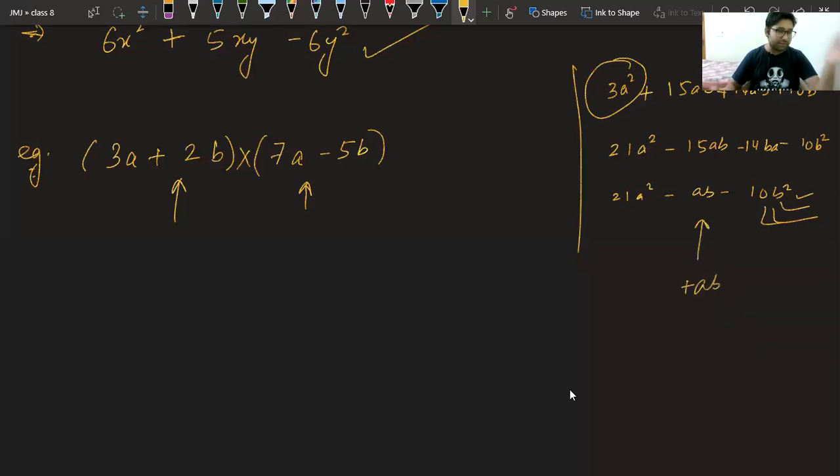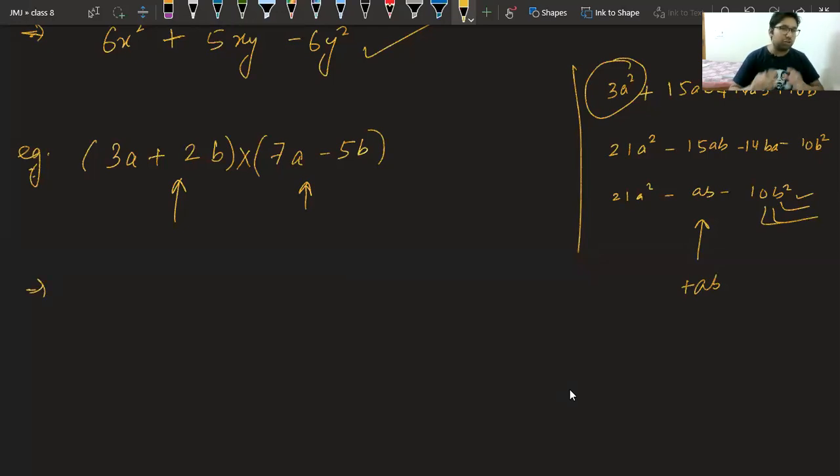Okay, now let us see. We have seen enough. Rudra is saying the same answer. Ananya, 21a square minus 15ab plus, it is the same, because minus 15 plus 14 is minus 1 only. So let's see. I think the third one is having the heavy weight on it, so it may be the correct answer. So let's check and find out ourselves.